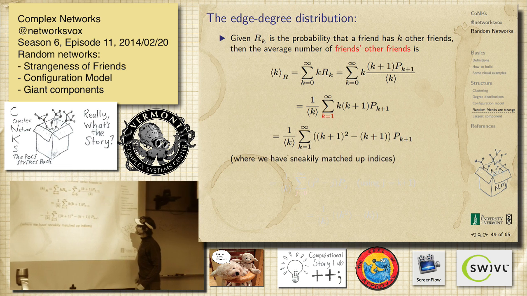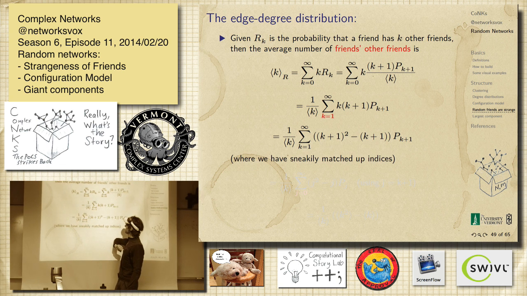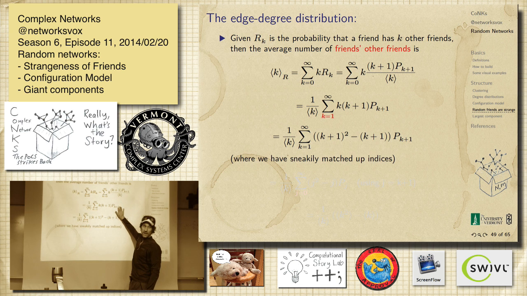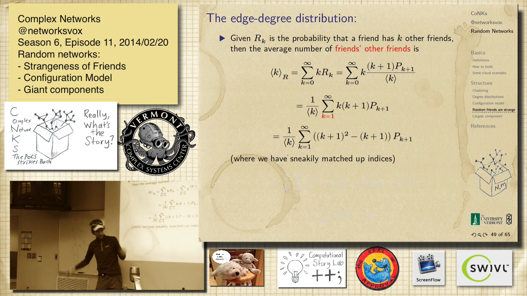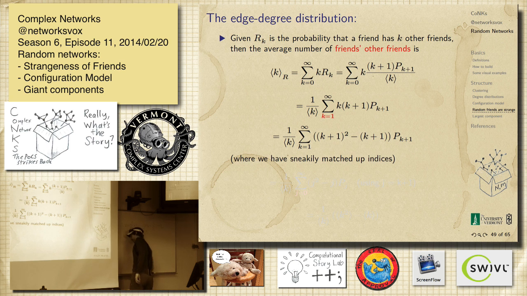This is a little sneaky, okay? So this guy is still here. This is just a constant at the front. But what we're excited about here is this k plus 1 and this k plus 1 here. Those things are kind of matching up. You want to try and match up these quantities. But this is a bad guy. So we're going to write that as k plus 1 minus 1. That's all that's happened there.